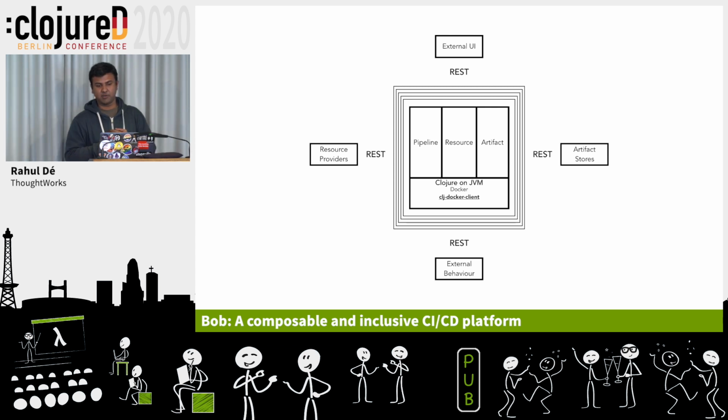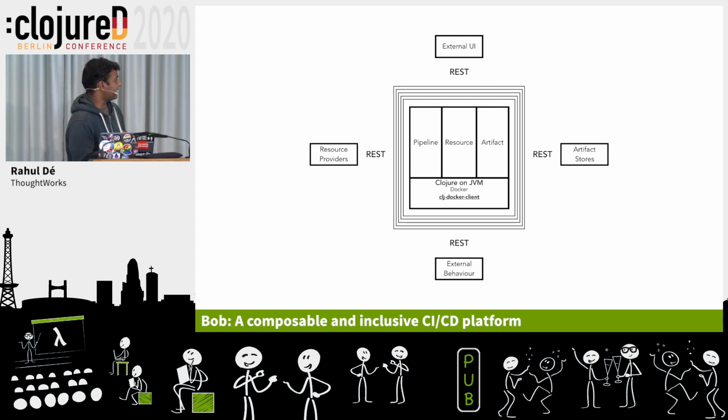Everything about Bob is exposing its information model or data model over REST. Why REST? REST is something that a lot of devices can do. Everyone can hopefully implement it in a simple way. And the core idea here is I should be able to compose and tell Bob what to do without touching the core, without loading a plugin into Bob, without dealing with Bob's opinions at places, right?